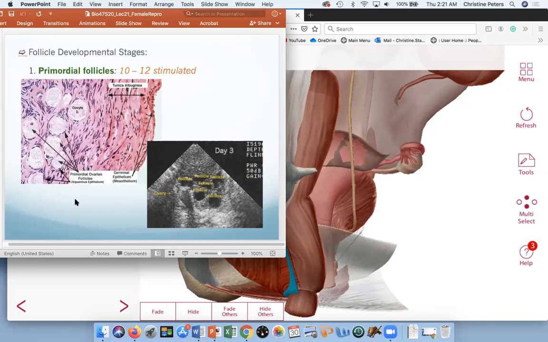So day 3, if you're using an ultrasound, you can actually see all those little follicles developing in a particular ovary. So this is an ultrasound of an ovary, and you can see these little dark spots. Those are all follicles. So if we were to count them, you have 1, 2, 3, 4, 5, 6 follicles in this particular ovary, and you might have another 5 or 6 on the other ovary, which gives you about 10 to 12. So this is pretty normal. And I don't know about you, but I was shocked to know that, so early in my cycle, I'd be able to tell exactly how many follicles were developing. All right,